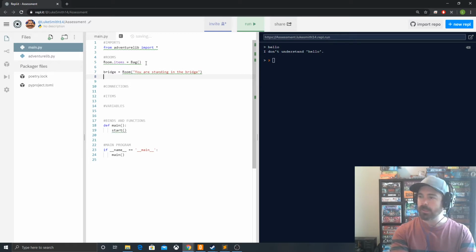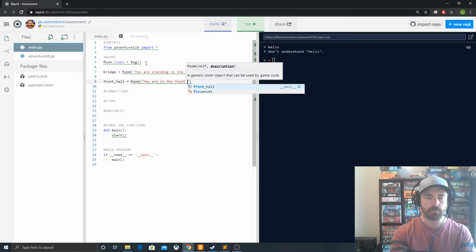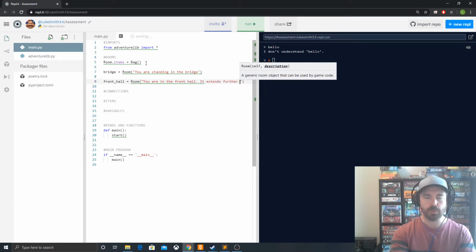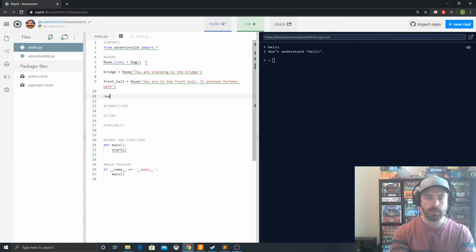Easy. Then front hall equals room, and this one is: you are in the front hall. It extends further west. And then I'll do rear hall